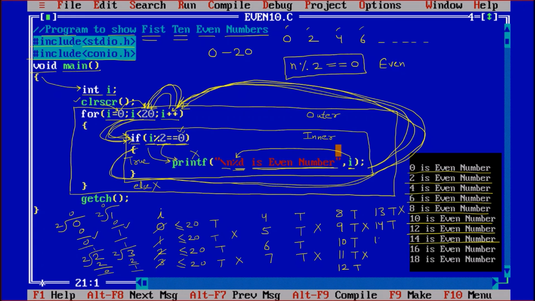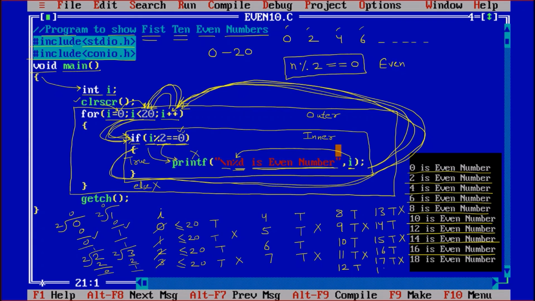Then 15, 15 is less than 20, true, 15 not divisible by 2. Then 16, 16 is less than 20, true, and 16 is divisible by 2 also, so 16 is the even number, printed. 17, 17 less than 20, true, but not divisible by 2.